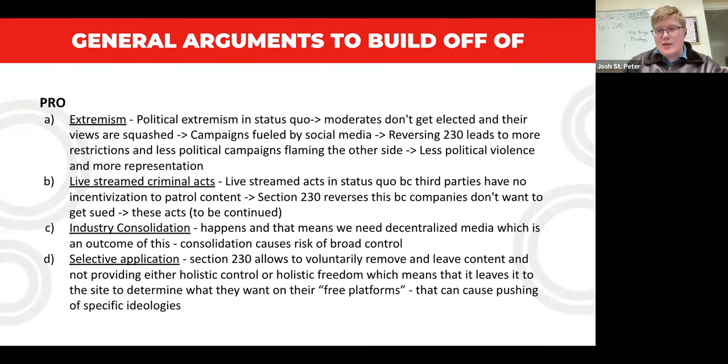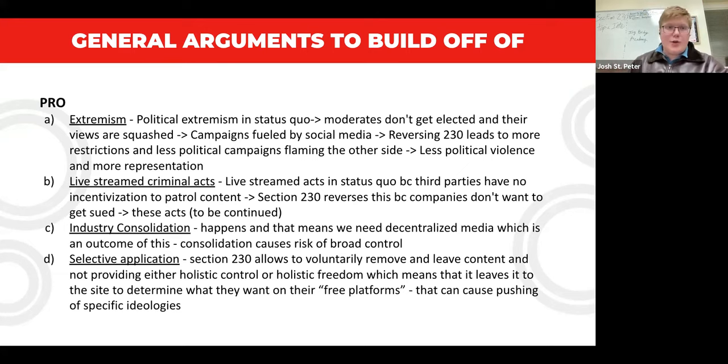This means that moderation is allowed to be very selective in how we apply it to people, which means that even if a site wants free information one way, but doesn't want free information another way, it allows people to just selectively choose that instead of having to be completely free or completely controlled. This is because it allows you to remove content when you want to, and it allows you to keep content when you don't want to.